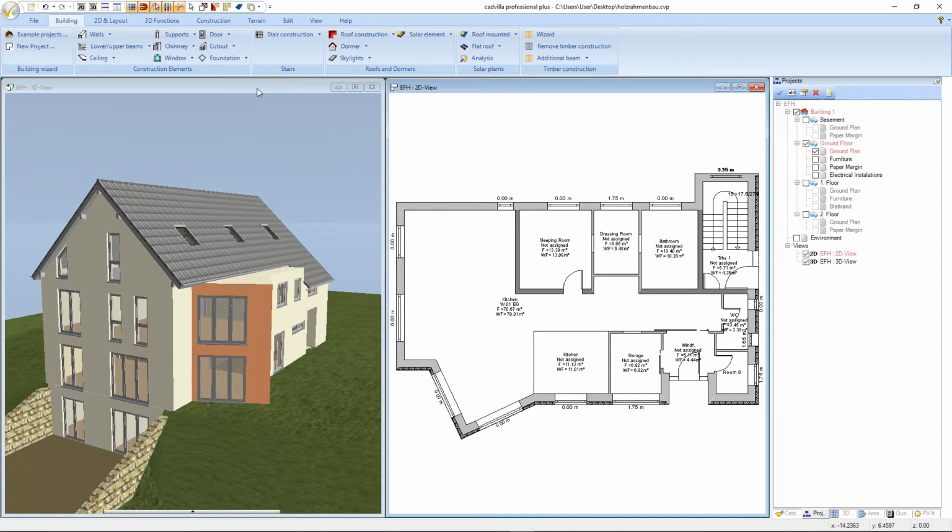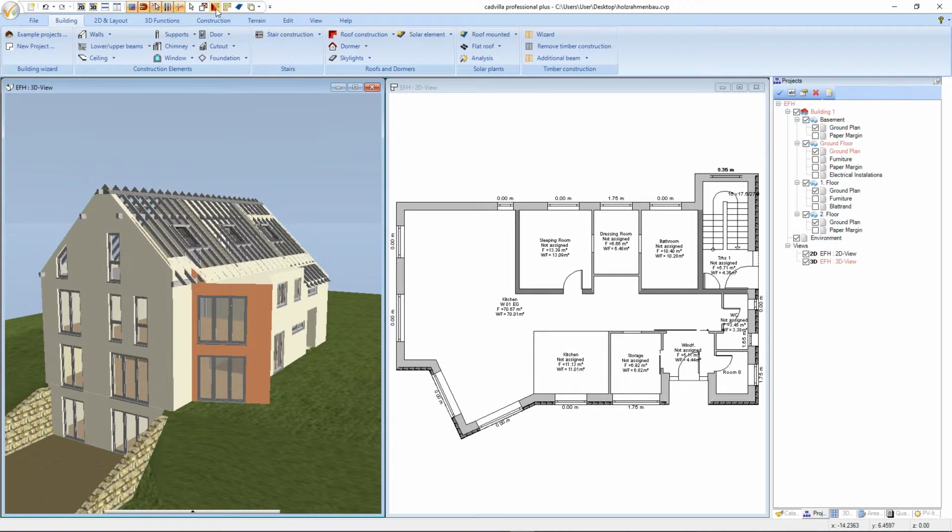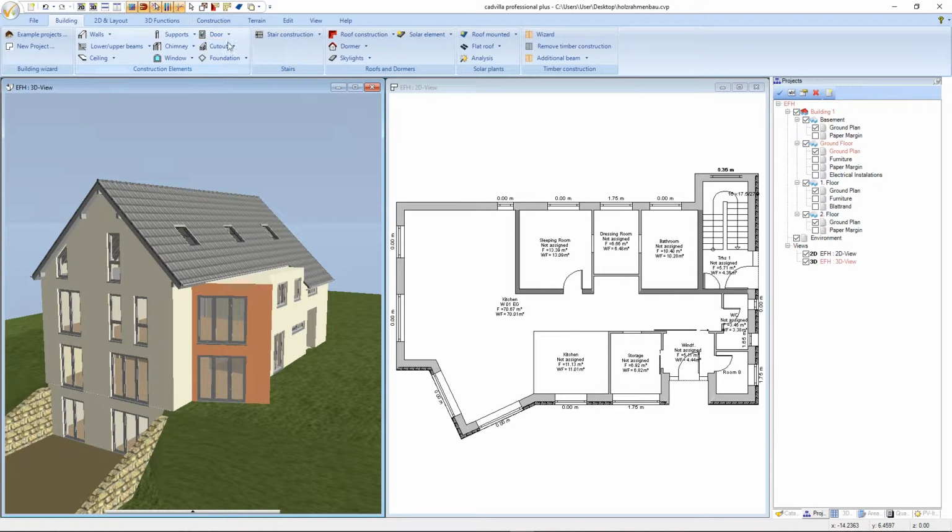In the next step, we select the 3D view and we deselect the cladding. Here we can see now that the height of the second floor is very low. A timber construction isn't really useful in this case. We activate the cladding again, and in the next step we will deactivate the timber construction for the affected walls